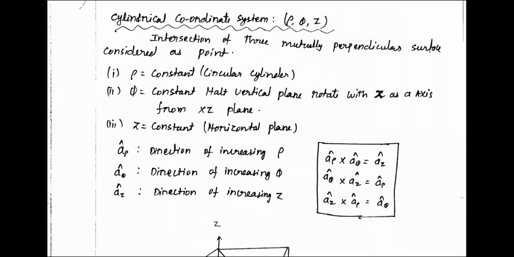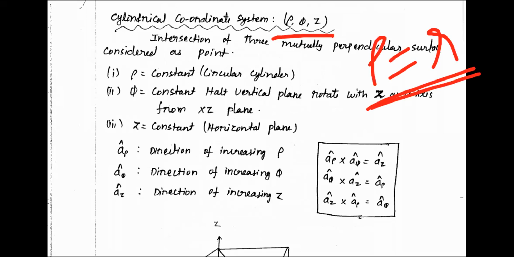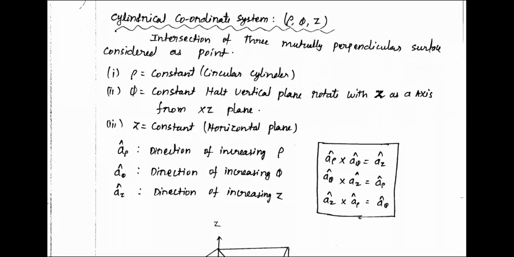And again, here is the cylindrical coordinate system, rho, phi, z. Please remember, rho and r are exactly the same. Please don't get confused by that. In order to differentiate this from the spherical coordinate system, they are using rho here, because there r has a different idea. Here r means the perpendicular distance measured from the z axis. So in order to differentiate, sometimes they use different notation, but you have to be very clear what is rho and what is r. It is just a notation.